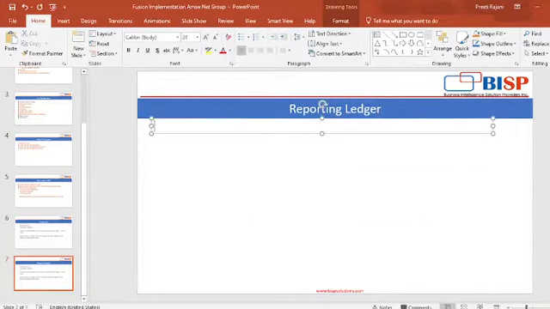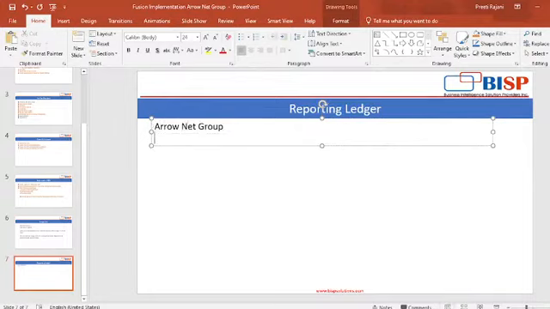So our client Aeronet Group, they have a requirement that whenever they will create the transaction in the INR currency, then the same transaction should be reported in the USA currency.